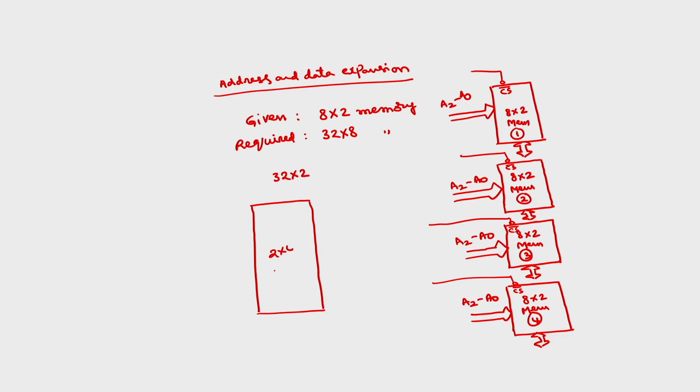Two to 4 decoder, with inputs A4, A3 and outputs Y0 bar, Y1 bar, Y2 bar, Y3 bar. I am using active low, as I have told. In the earlier class we also discussed that for the first 8 combinations A4, A3 will be 0 0, for the next 0 1, next 1 0, next 1 1. So, Y0 bar has to be connected to the chip select of the first 8 by 2 memory.